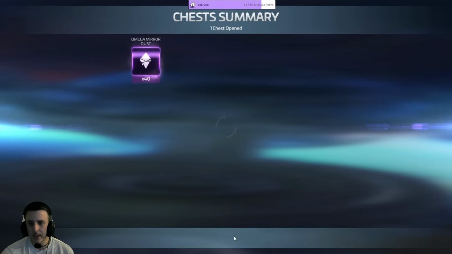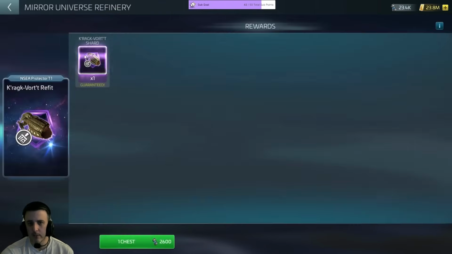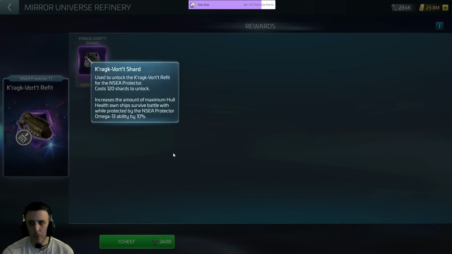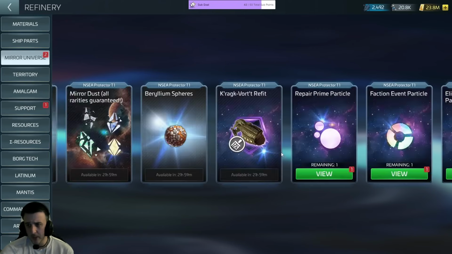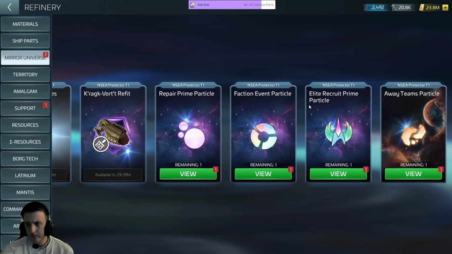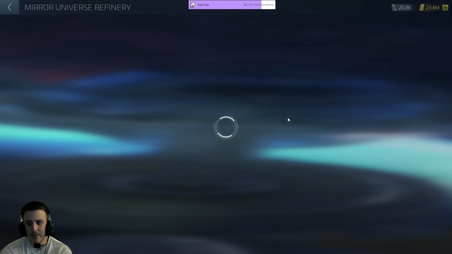This is more of the Omega stuff. We get some Omega mirror dust. We also get the refit towards the ship, which is another thing that you can pull with these materials. That's just going to boost the Omega 13's ability. And then over here, if you recall, are those 4 outdated primes that they're now giving you a free-to-play path to start sourcing. Now that you have this ship,